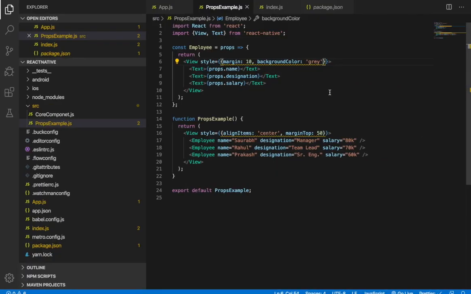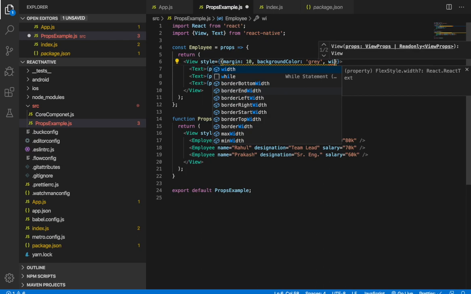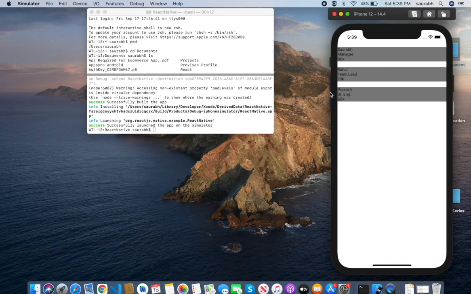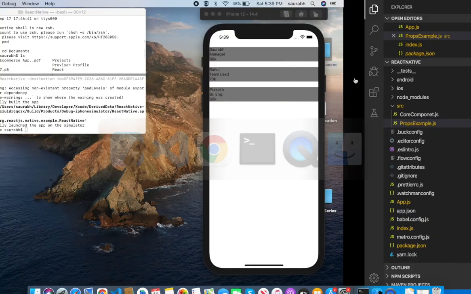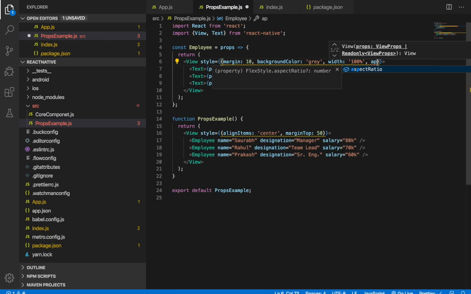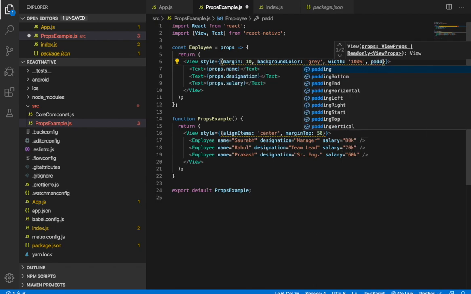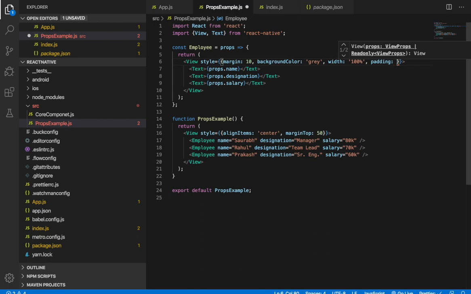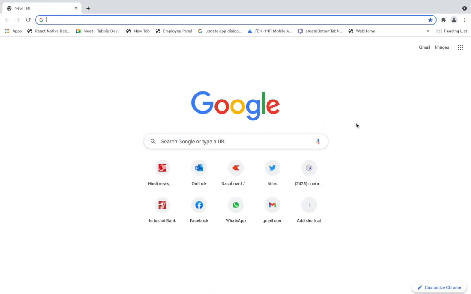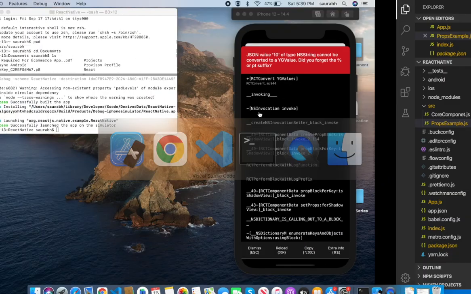Now let's make width 100%. You can also add padding so that it will look better.